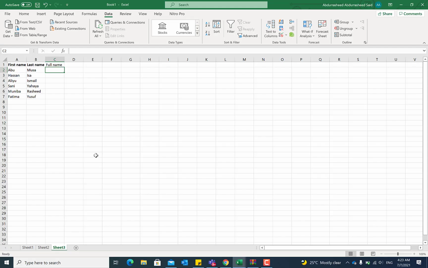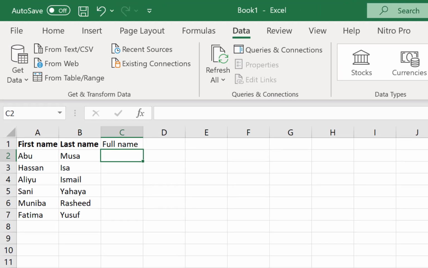Okay, the next tip that I have for us is called Flash Fill. Flash Fill is a very useful feature that is incorporated in Microsoft Excel. So for example, what Flash Fill does is understand a given trend and it automatically fills in the remaining ones for you. So assuming this is the list of first names and this is a list of last names, and I want to give in a list of full names combining the first name and the last name. So assuming I want to put Abu Musa,